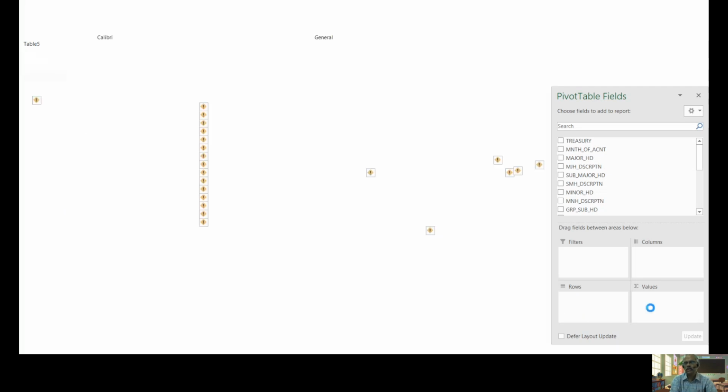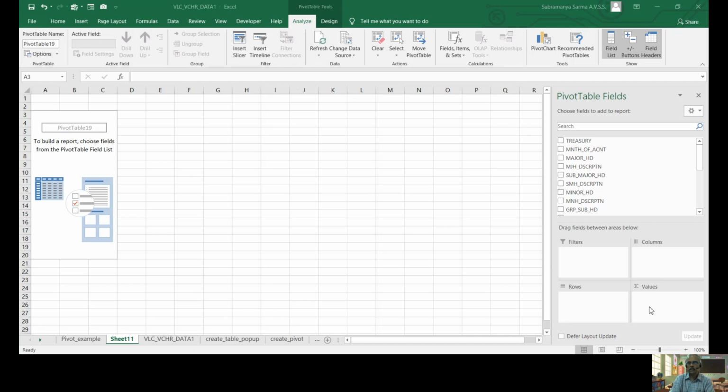By reading this, we can understand that if we want to put some information in the rows, then that field should be put in the rows. And whatever fields we want as columns, those fields should be kept in the columns. In our earlier example, our task is to generate the voucher total for each treasury and for each major head. So in that example, treasuries are rows and major heads are columns. So let us put the treasury in the rows and see what happens.